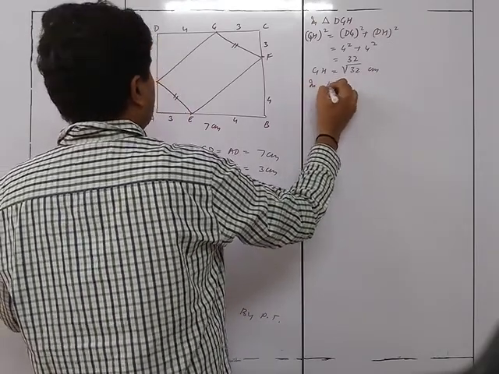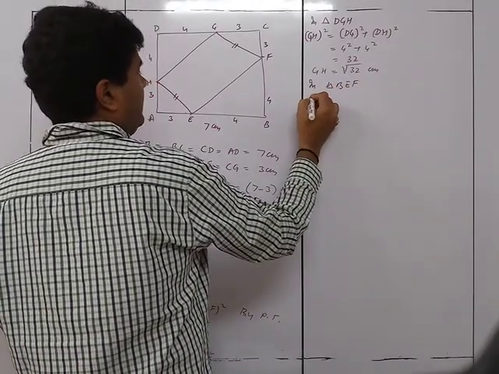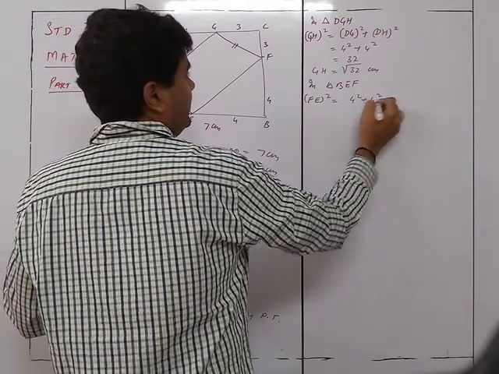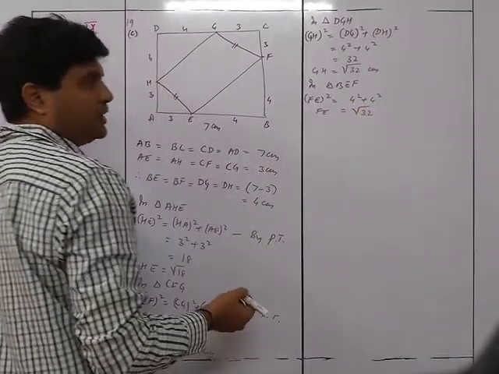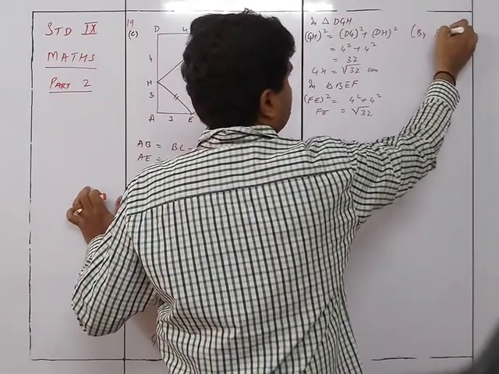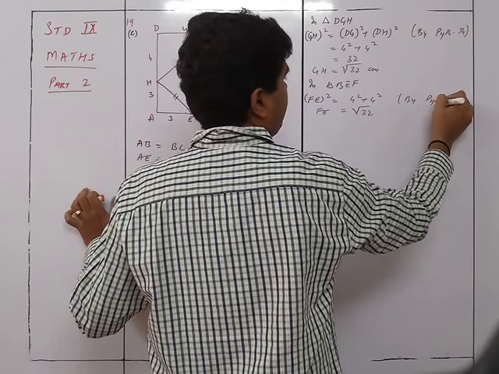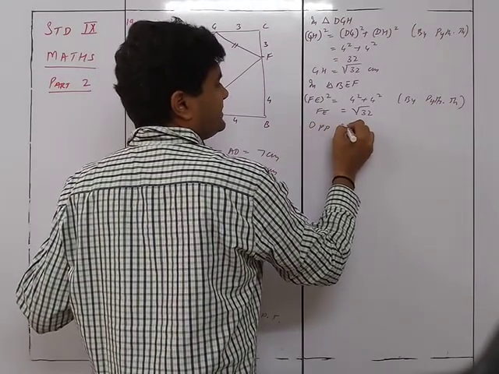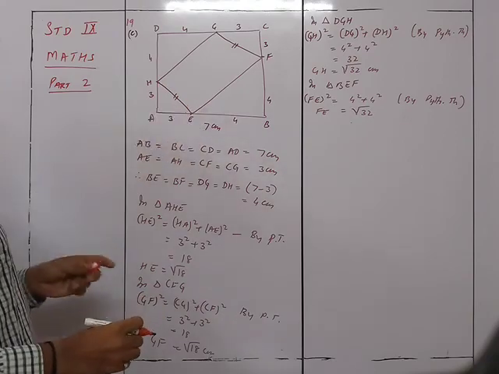Similarly, in triangle BEF, we have EF the whole square is equal to 4 square plus 4 square, so FE is equal to root 32. You can just take a shortcut because we already did this many times by Pythagoras theorem. So accordingly, you can see opposite sides are equal. Right now, we will not say that. First, we will prove that this is 90.